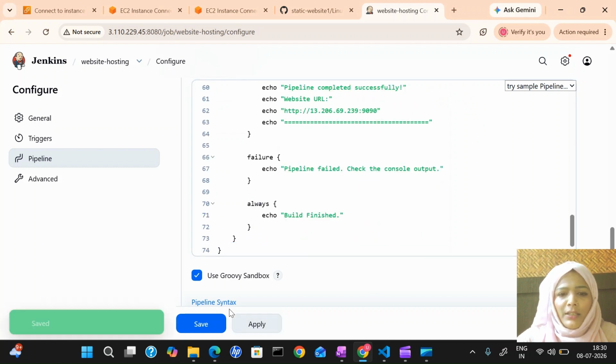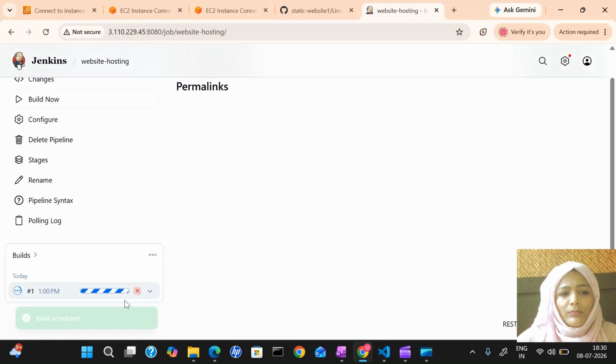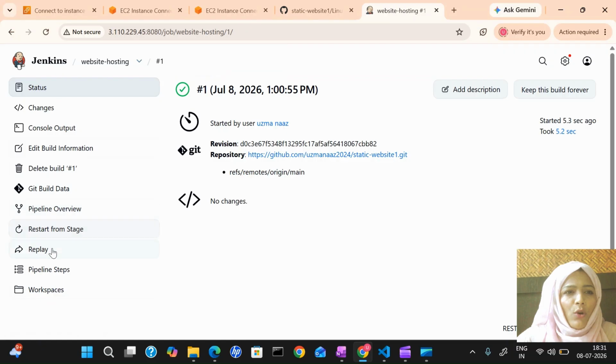Let's apply and save this, and that's it. You just have to build it the first time. Build now. If you click here and go to stages, I can't see the stage.